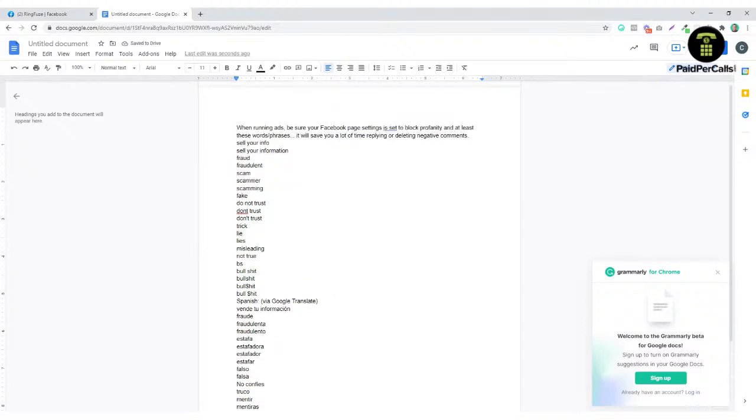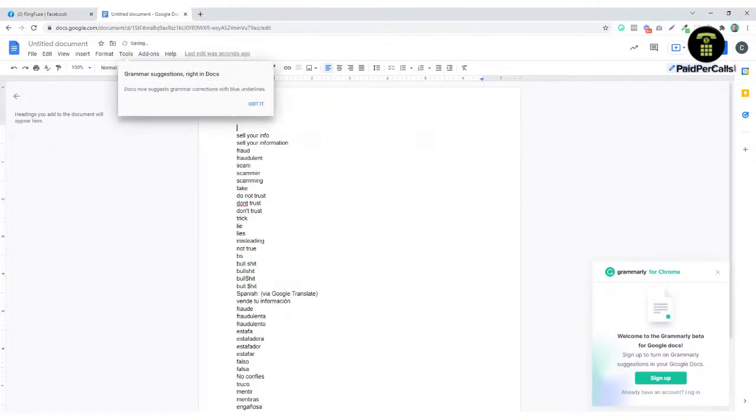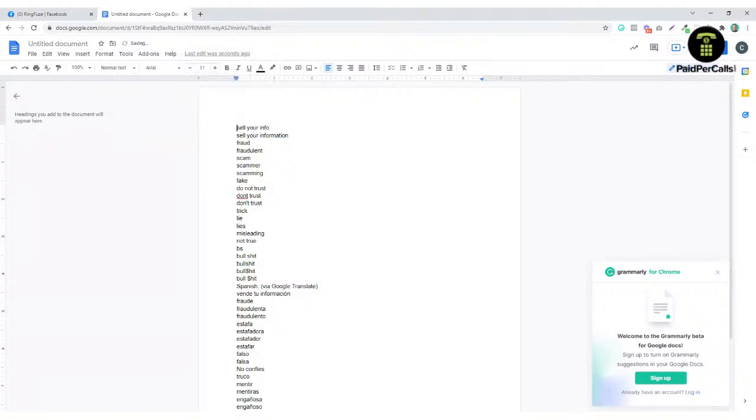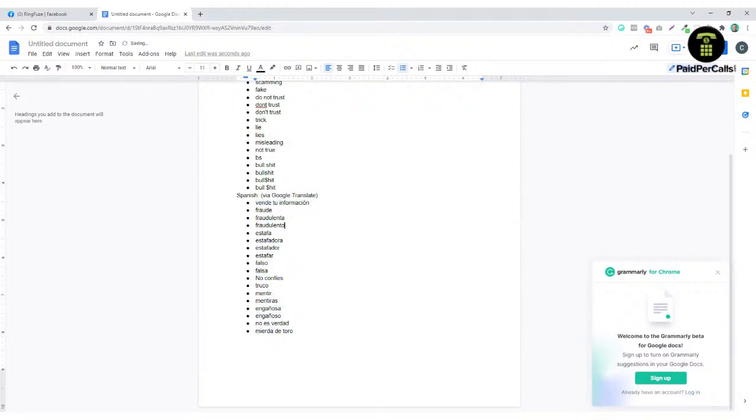All right. So this is a quick little document. What we're going to do is clear that. Yes, thank you, Google. Here we go. And then these are the Spanish versions. Now, I use Google Translate, so if you are a fluent Spanish speaker and these don't make sense,